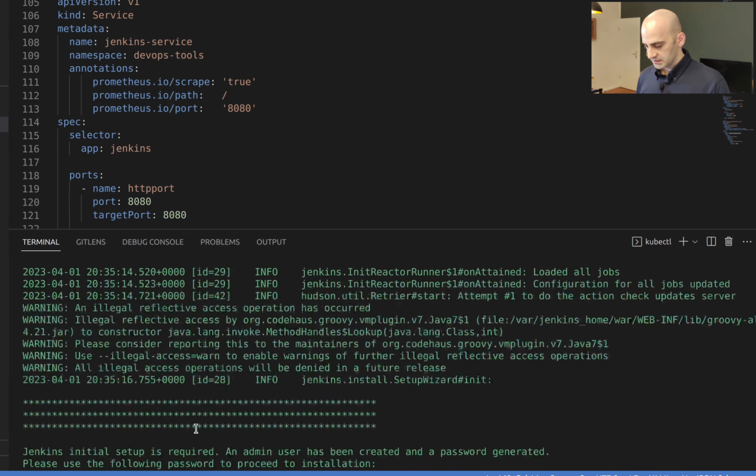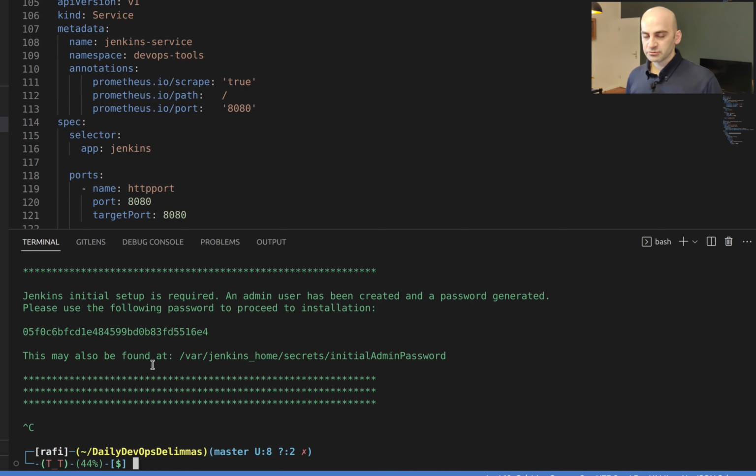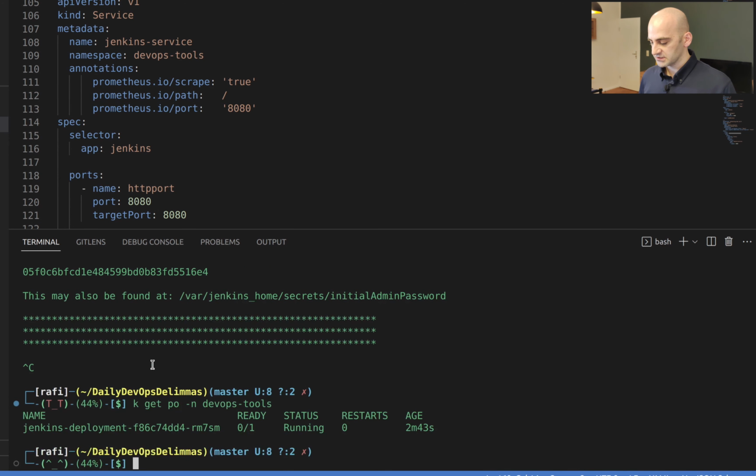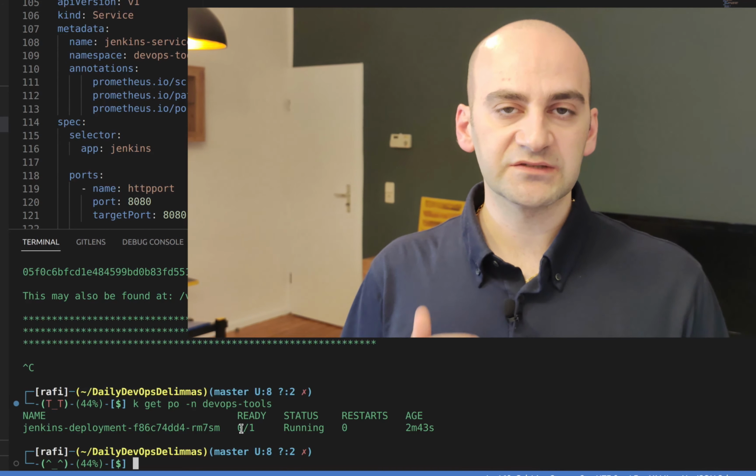Okay, nice. It's in the initialization part, and it's already created a one-time password that we should provide in the first initialization. So soon enough, we can see that the status of this pod is running and one ready of one, so everything works fine. Still there is a problem because we cannot connect to the Jenkins web UI